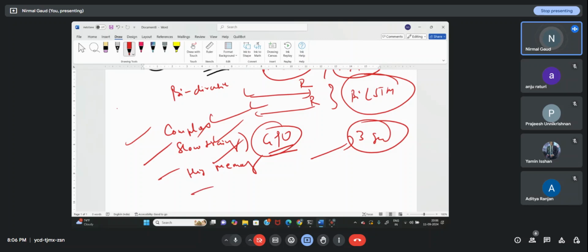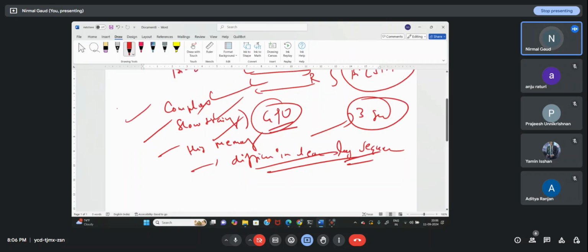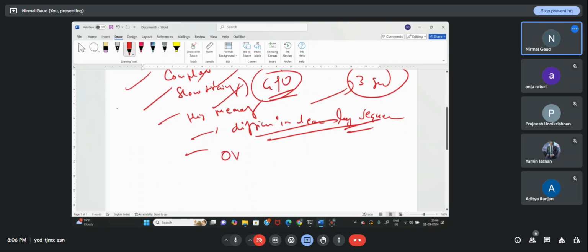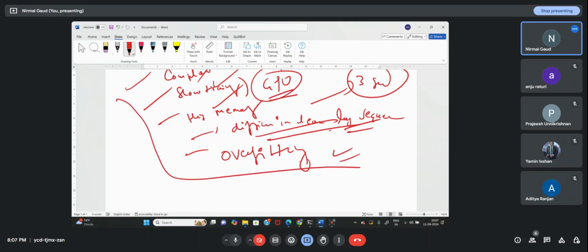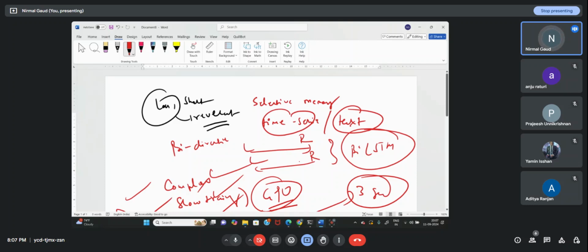Still there is an issue, there will be a difficulty in learning long sequences, ठीक है। Still there is an issue in learning the long sequences, overfitting भी हो सकता है यहाँ पे, it may face a problem of overfitting। So these are certain issues in LSTM, and these are something good ones in LSTM, advantage and disadvantage।